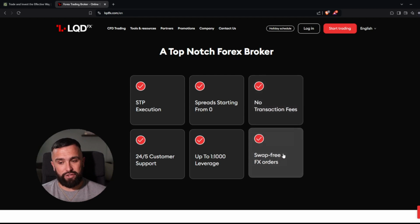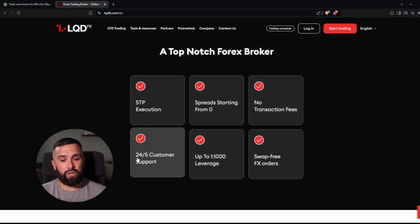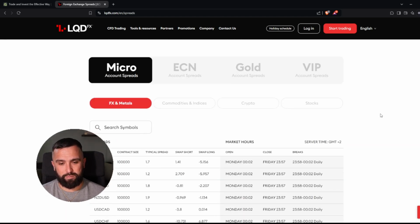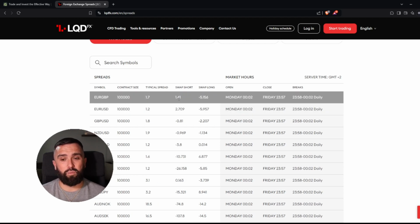They've got no transaction fees, swap-free Forex orders, up to 1,000 leverage, and customer support of 24/5. Okay, so looking at the spreads, the spreads are blank, but let's dive into the spreads a little bit more. Looking at the main pairs, you can see EG is a 1.4 for a short and -5 for